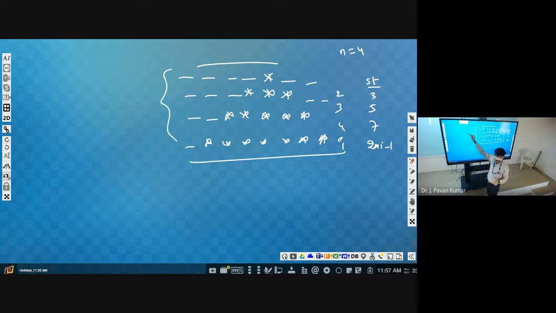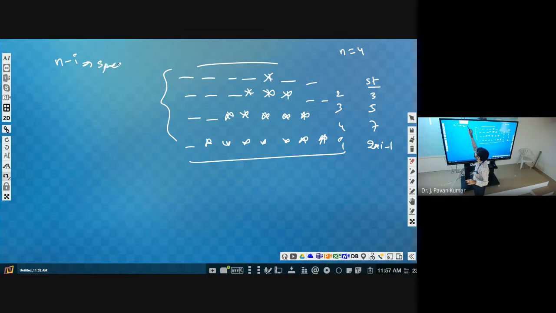In the first row, if the number of rows is n, how many spaces? Just now we analyzed n minus 1, definitely n minus 1, right? So second row, n minus 2, ith row, n minus i. So n minus i spaces.